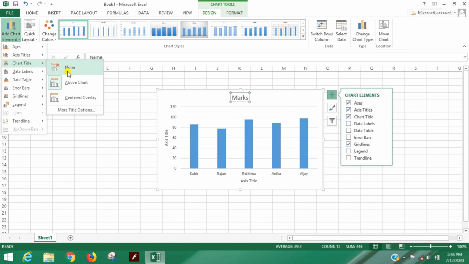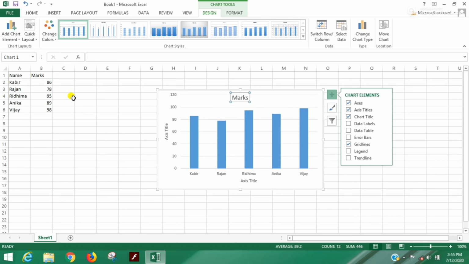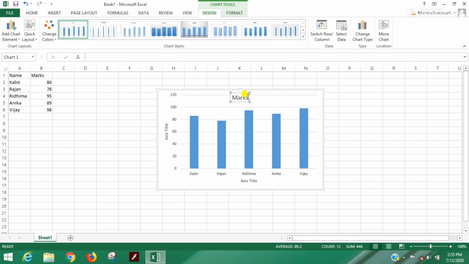Okay, now again just click on add chart element and click on chart title. You will see a chart title here. This is called chart title. Okay, if you move the cursor and click on centered overlay, your chart title will be positioned at the center of the chart. Okay, dear students, if you want to change the chart title, you can make a single click and select the chart title and you can type the name, and the chart title will be changed. As I have selected, school.